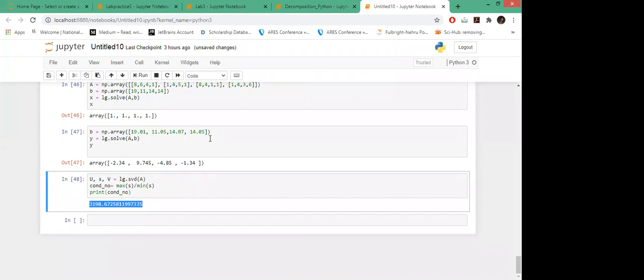Okay, so there are many other functions you can use for this. These are small examples. The main applications we will discuss later. Also, you can use the SVD for the pseudo inverse. So I have this code for how we can use it for the pseudo inverse.